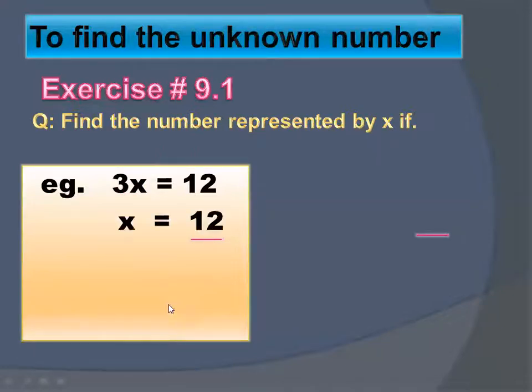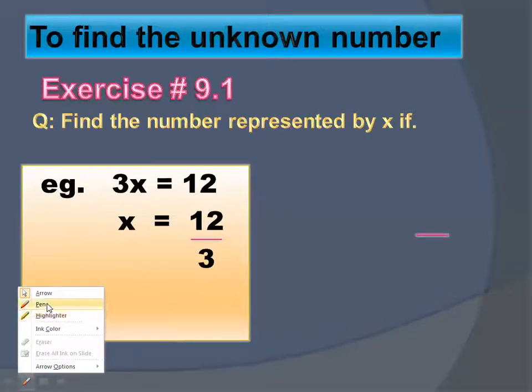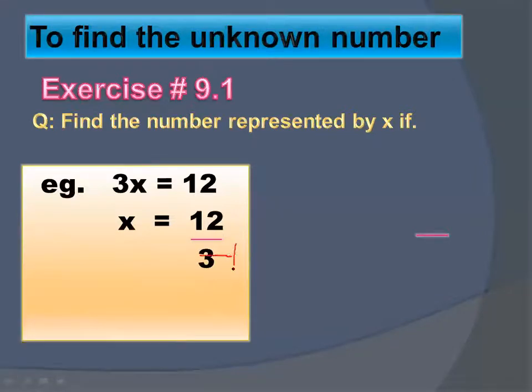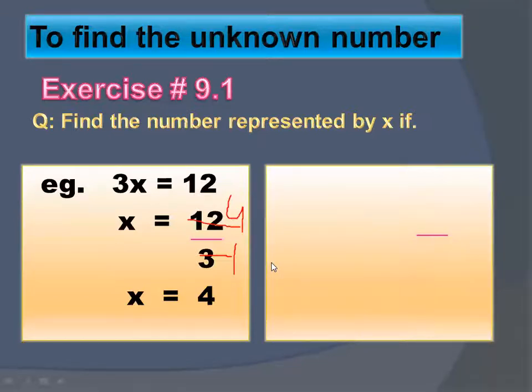Now here are the answers. So what you have to do, simply you will write x is equals to 12 upon 3, and then you will reduce it. 3 ones are 3 and 3 fours are 12. So what will your answer be? Your answer will be x is equals to 4. That is very simple. Okay. Now move on to the next one.